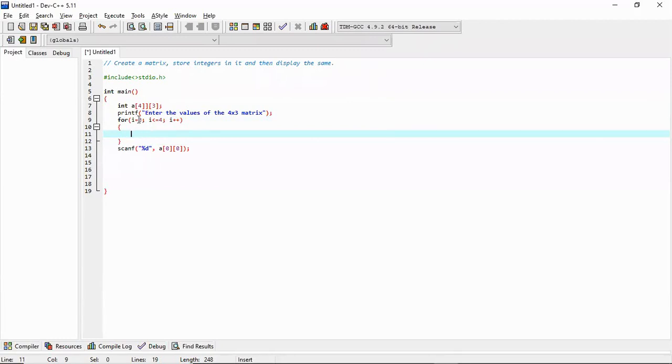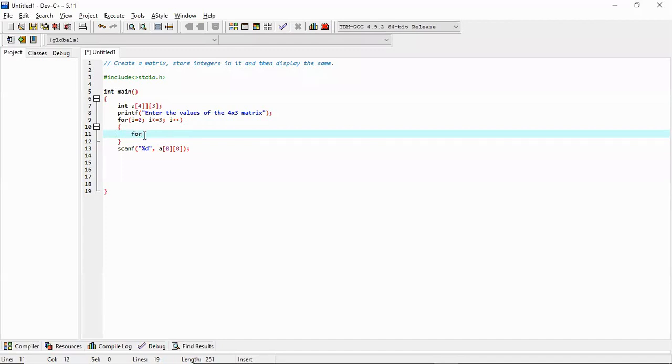It runs from 0 up to 4. Sorry, this should run up to 3 only, because 4 elements means 0 to 3: 0, 1, 2, 3. So one way of writing will be this, or we may write i less than 4 also. So this loop will run from 0 up to 3, which means 4 values, that is the 4 rows.